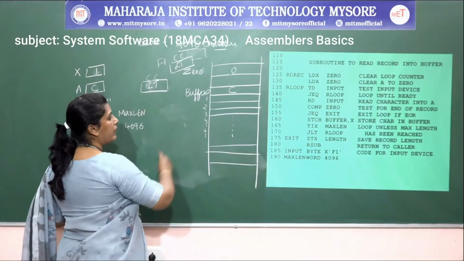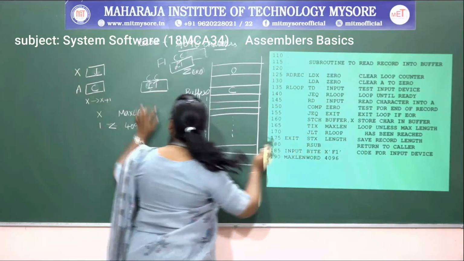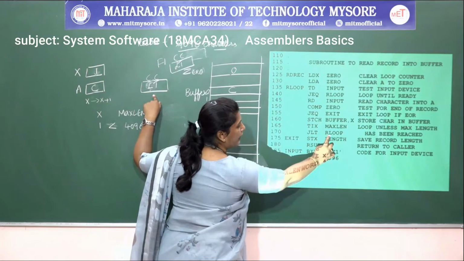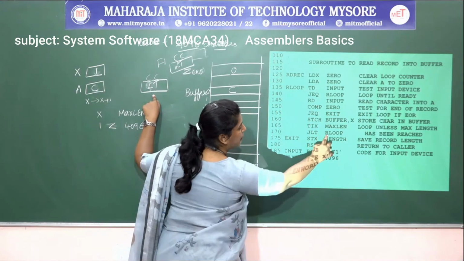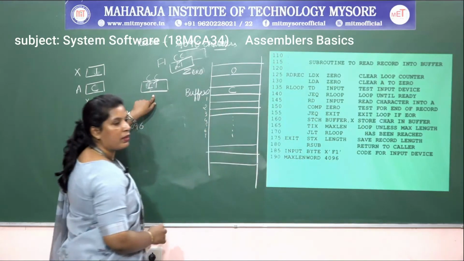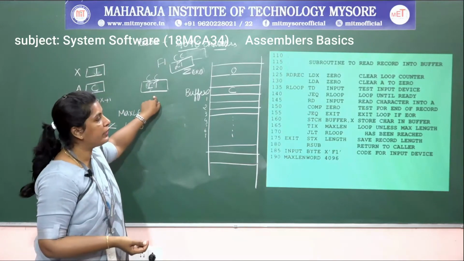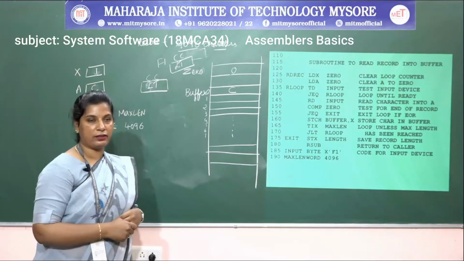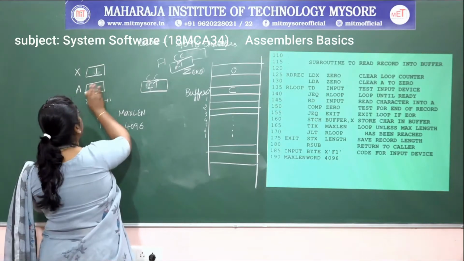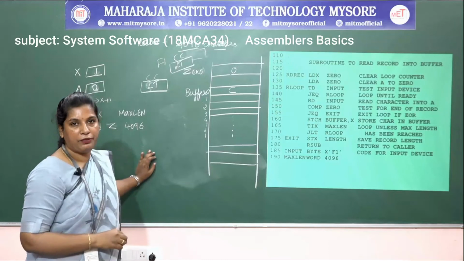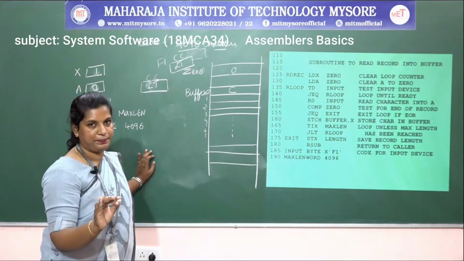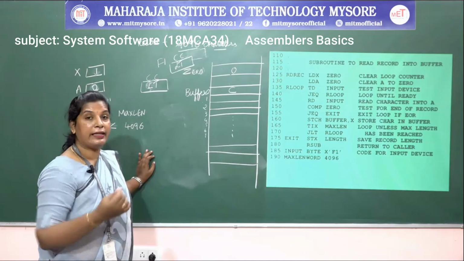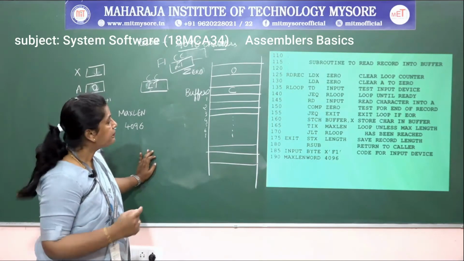So, J less than: if this condition is true, it has to jump to the R loop, and again it will come to this one. Again I am going to test the device for reading the second character. So I want to end that first record with only one character. So here I want to read 0 from an input device, because the record length is only 1 and the maximum length is 4096. I can end that record at any time, right.